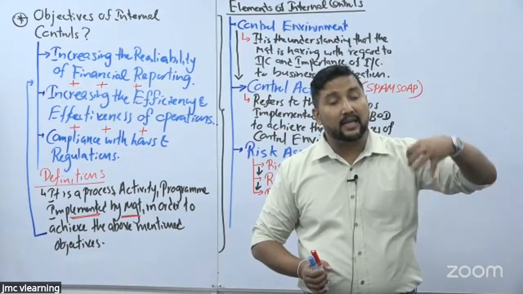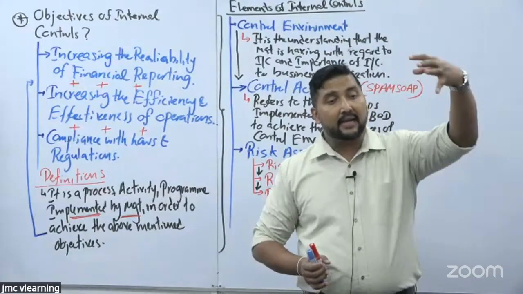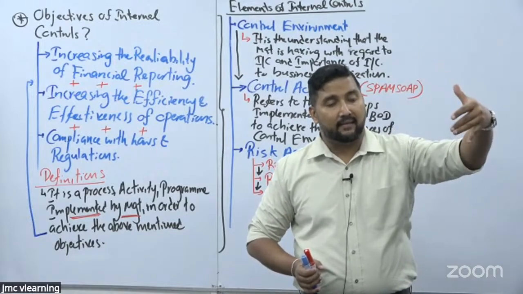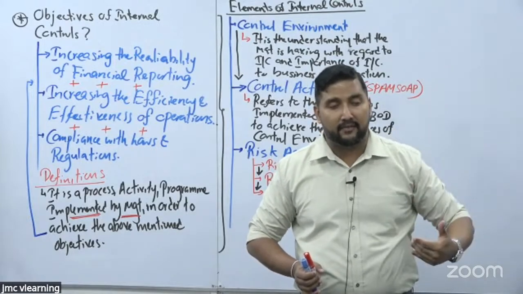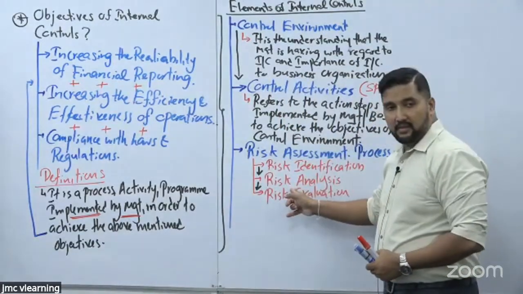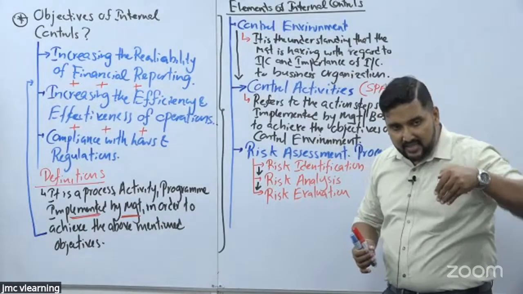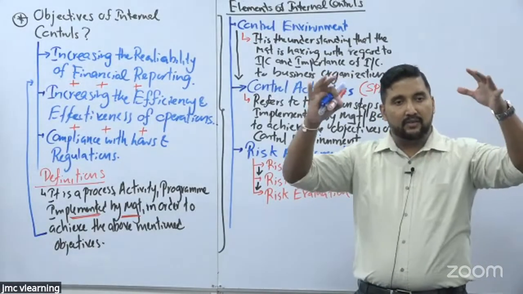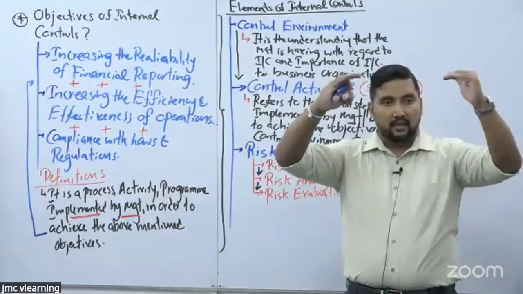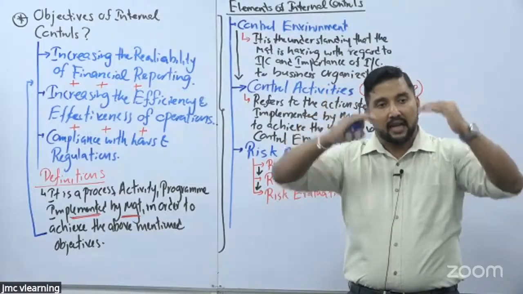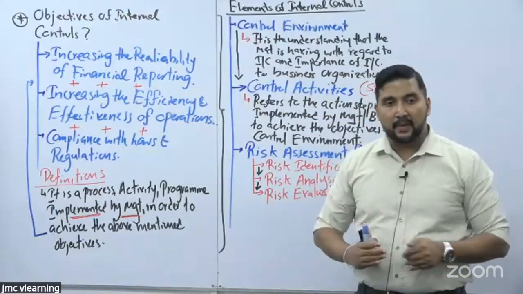So therefore they need to prioritize the risks and identify what is the most critical risk, what is the second critical risk, and likewise. For them to identify, you need to analyze the risk. So analysis will be done at the second stage with a detailed aspect. Identification will be done at the broader level. Clear? Identification will be done at the grass level, but analysis will be done at the deep end.